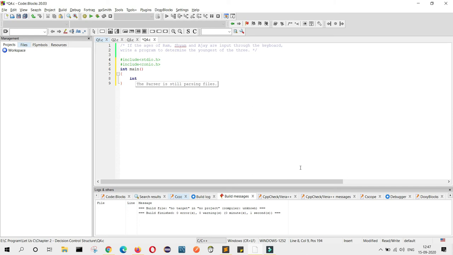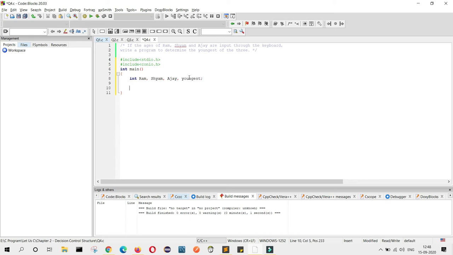We need Ram, Shyam, and Ajay, three names, and we need one more. Determine the youngest. So we need youngest as another variable.